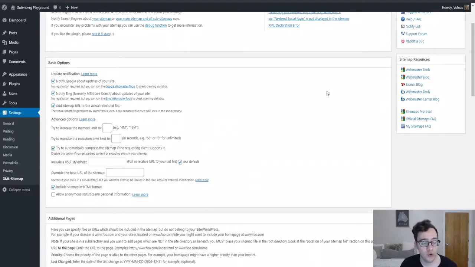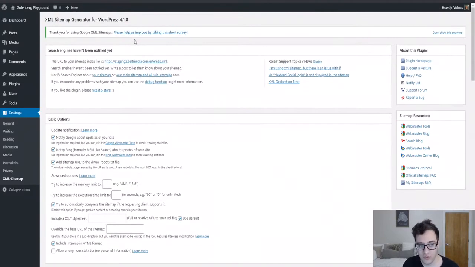Today I'm going to be going over the Google XML Sitemap plugin. Google XML Sitemaps is a free plugin on the WordPress.org repository. I'll include a link to it in the description below. It currently has around a substantial 2 million active installations, and it's a very useful plugin. If you've ever needed an XML sitemap but aren't using an SEO plugin, then this is a good, quick solution